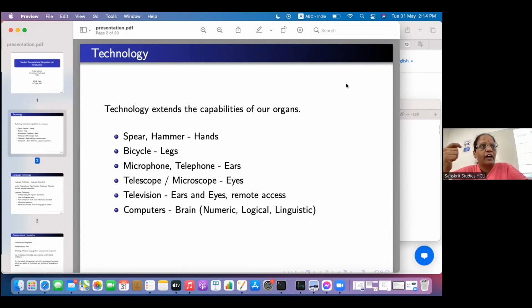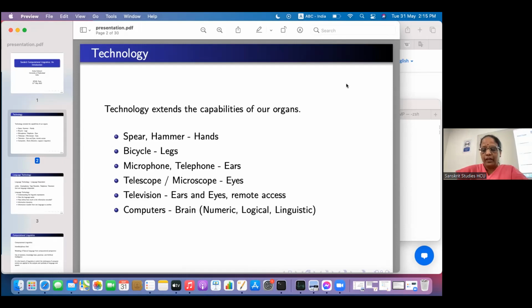And telephone even allowed us to have remote access. So the capabilities of ears are extended. Similarly, with telescope or microscope, the capabilities of eyes are extended. Television, which is a combination of both, we could have remote access to the speech as well as the visuals. And finally, the computers, they have now extended the capabilities of the brain. Both the numeric and logical, and not only just numeric and logical, but even linguistics,